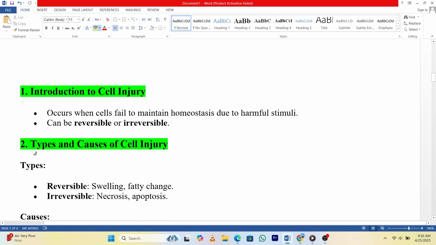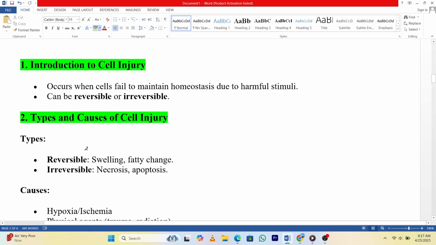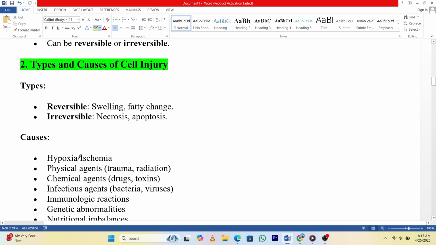1. Introduction to cell injury. Occurs when cells fail to maintain homeostasis due to harmful stimuli. Can be reversible or irreversible. 2. Types and causes of cell injury. Types: reversible, swelling, fatty change. Irreversible, necrosis, apoptosis. Causes: